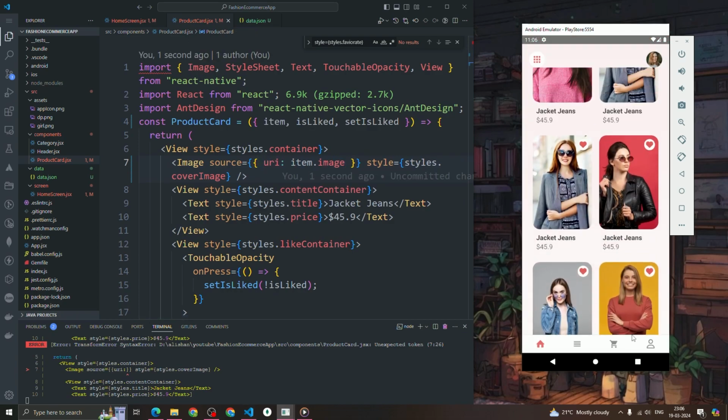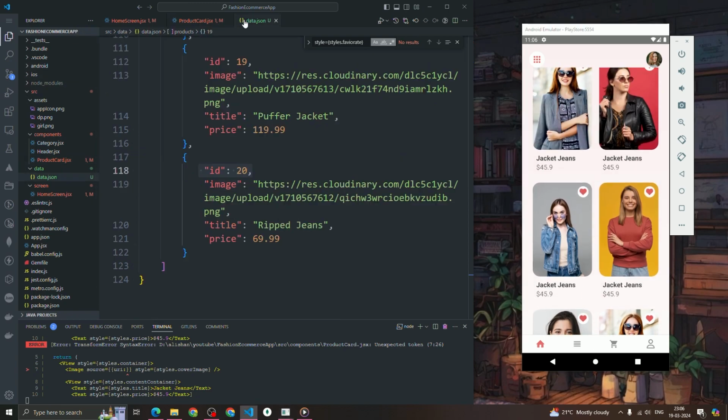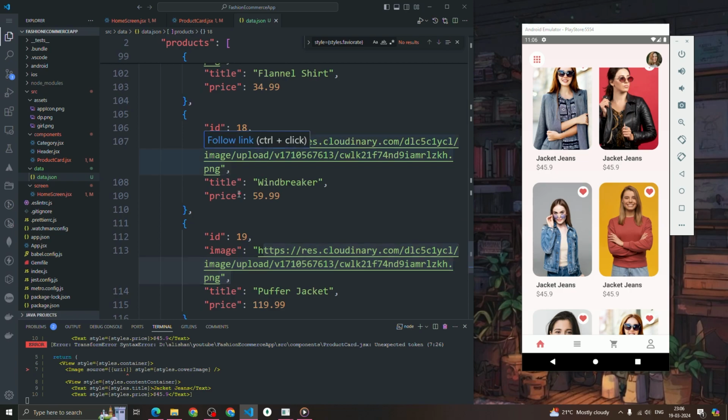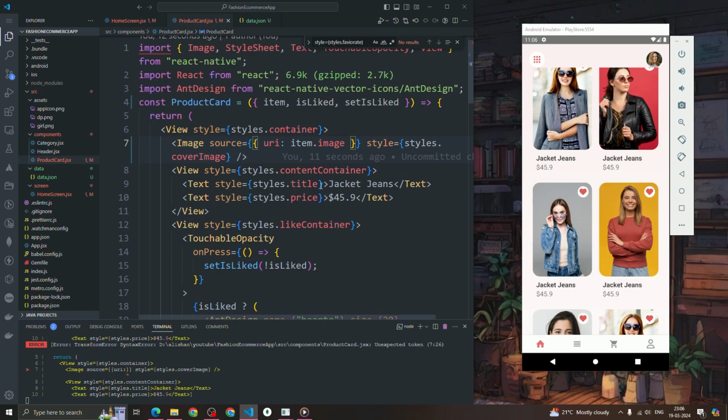Okay, now as you can see, all the images have become dynamic. Here we have added the image URL, another, and so on. Now after that, we have to make the title dynamic as well. So what we have to do is write here